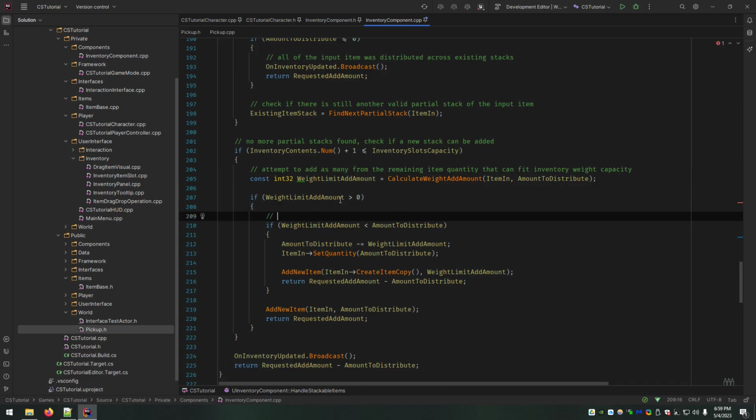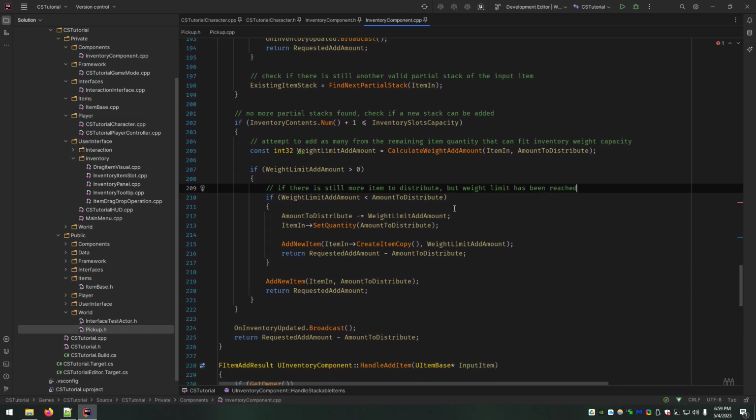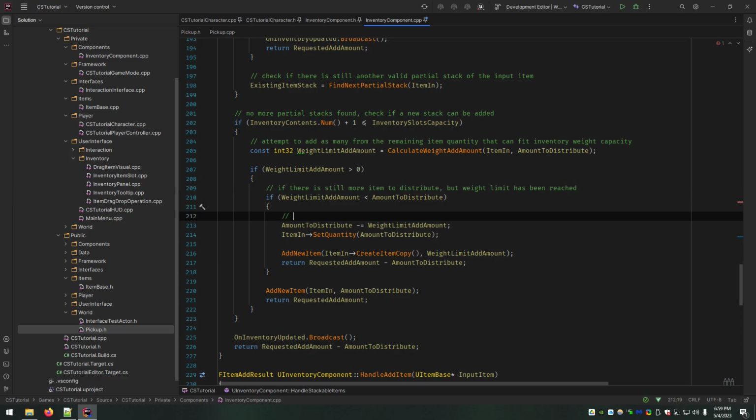So say we do have some that we can still add. If there is still more item to distribute, but weight limit has been reached, adjust the input item and add a new stack with as many as can be held. So this is saying you are adding a new stack, but that entire new stack can't fit.